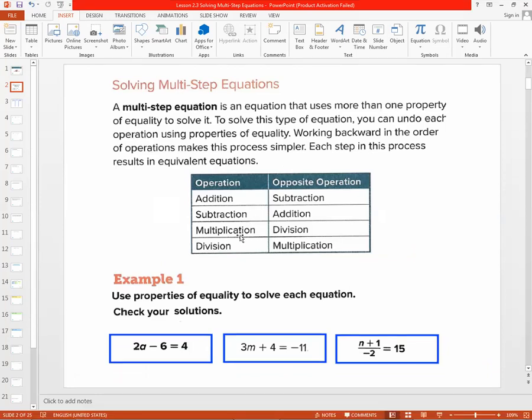Solving multi-step equations depends on addition, subtraction, multiplication, division, and so on. Each operation has an opposite operation. Addition and subtraction are opposite to each other. Multiplication and division are opposites also. Okay? If you have an addition operation in your equation, you have to perform subtraction and so on. For example, in the first example here,